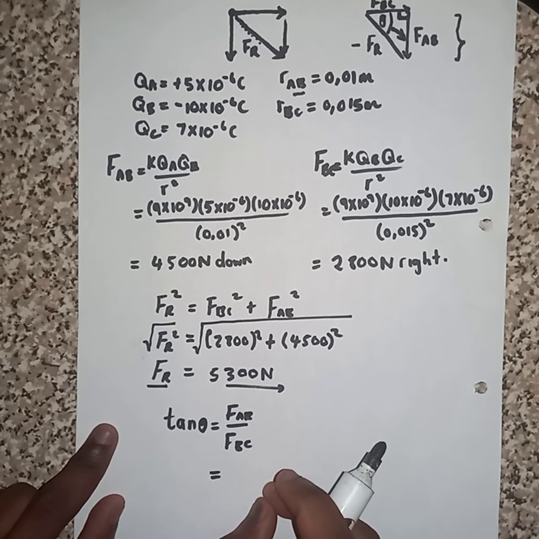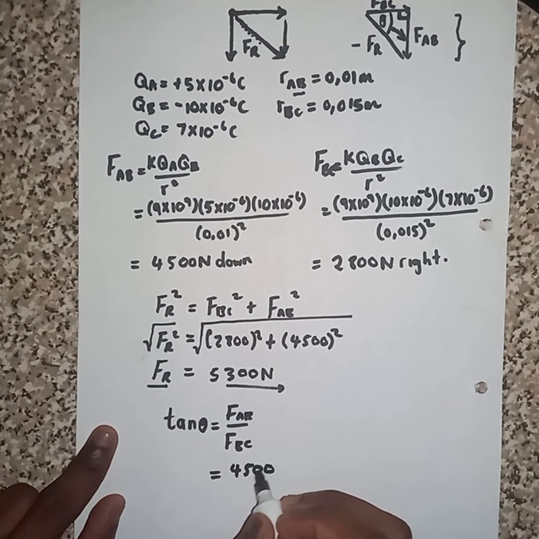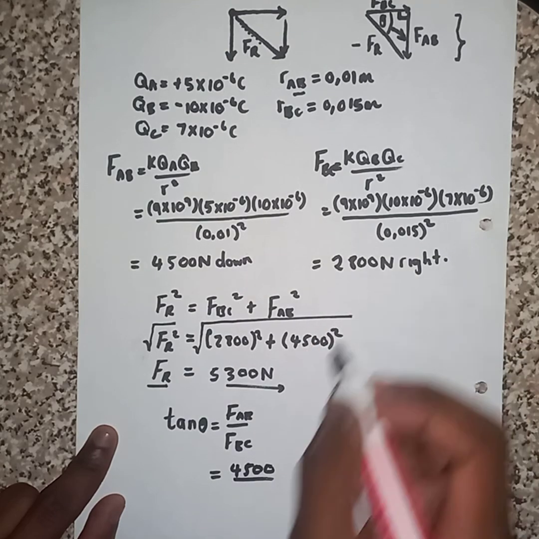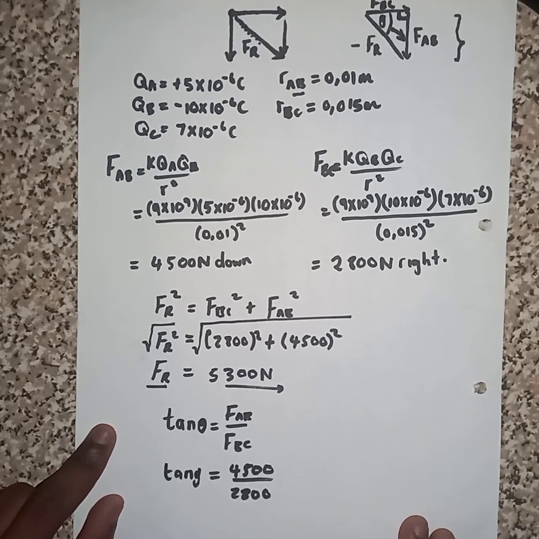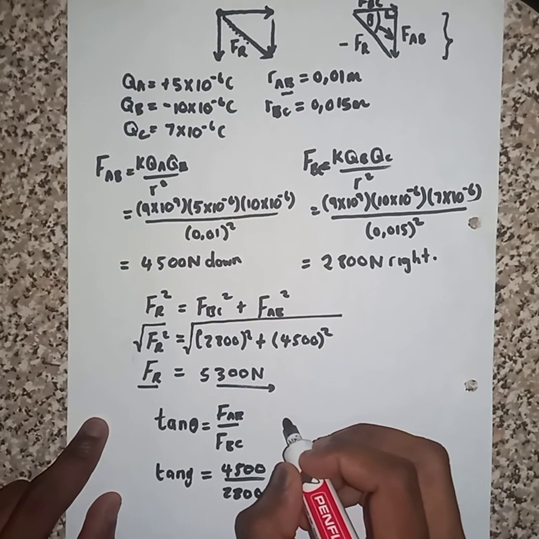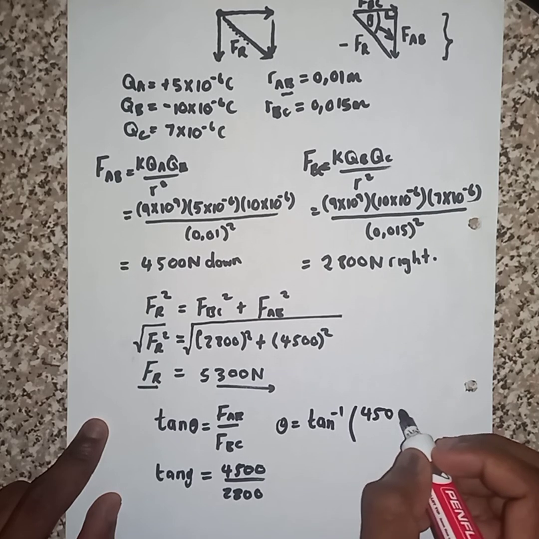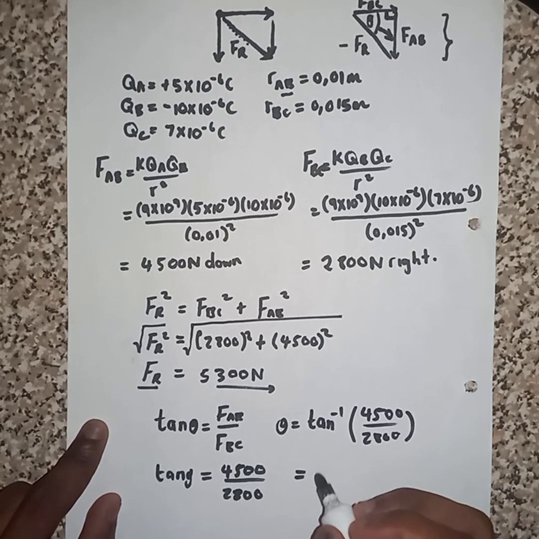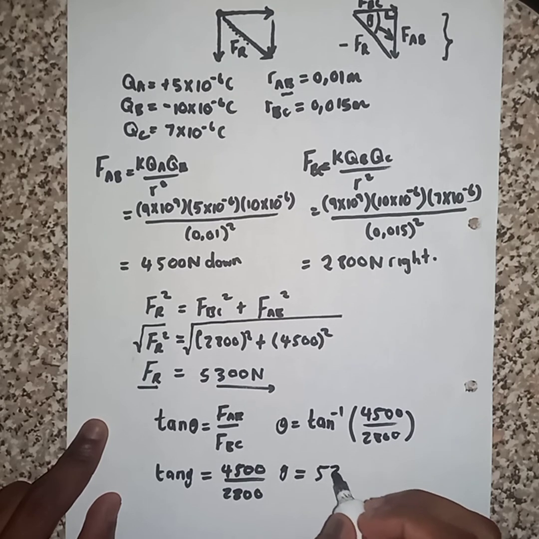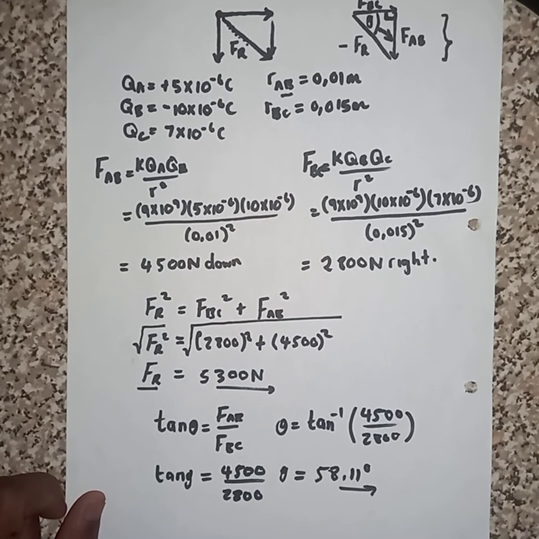For F of AB, we got 4500. Let us divide this value by our F of BC, which is 2800. Then you are going to press shift on your calculator, then tan to solve for the value of theta. Then your final answer is going to be, if I'm not mistaken, 58.11 degrees, which is going to be our direction